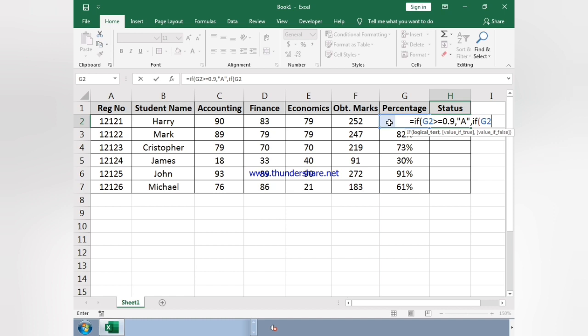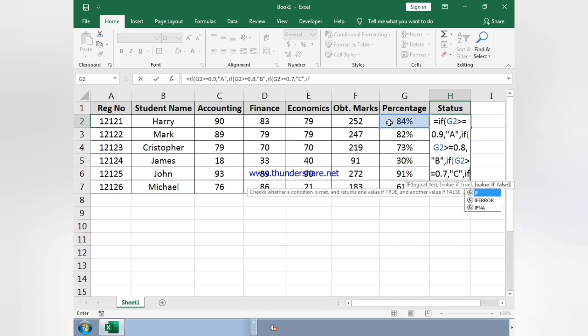greater than or equals to 80%, which means 0.80, comma, inverted comma open, B, inverted comma close, comma, again IF bracket open, G2 greater than or equals to 0.7, which means 70%, comma, inverted comma open, then C, inverted comma close, comma, again IF bracket open, G2 greater than or equals to 0.6, which means 60, comma, D